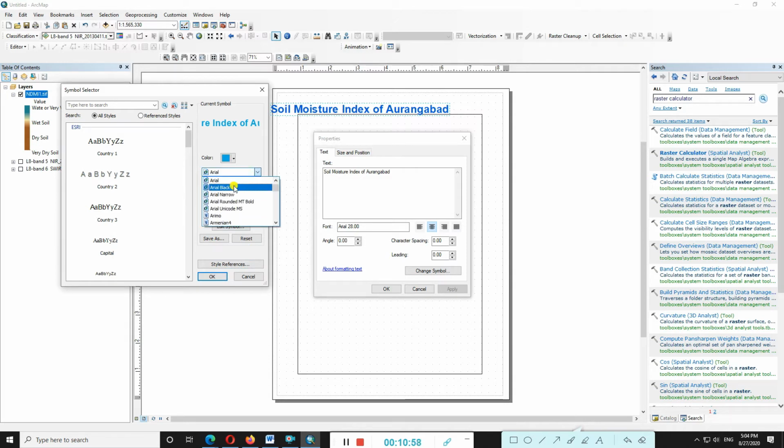You can also change the font and font size as your choice.